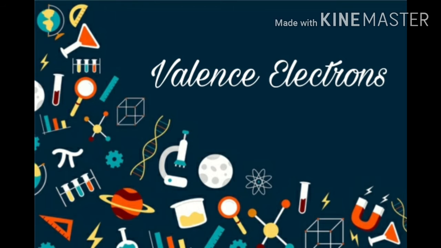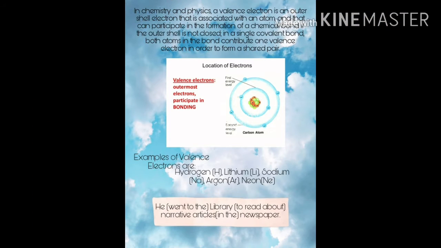Now let's move on to valence electrons. In chemistry and physics, a valence electron is an outer shell electron that is associated with an atom and that can participate in the formation of a chemical bond if the outer shell is not closed. In a single covalent bond, both atoms in the bond contribute one valence electron in order to form a shared